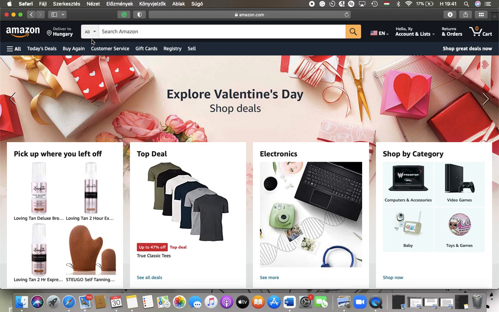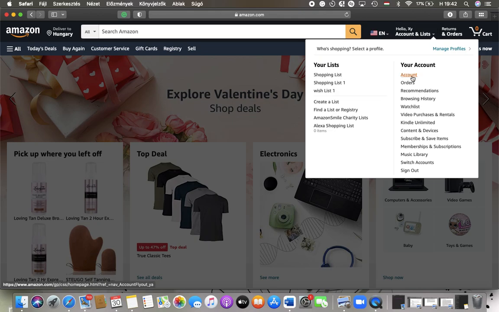Now let's jump into it. First of all, open the website on your device and then you should tap on this account and list button at the top. Tap on account,